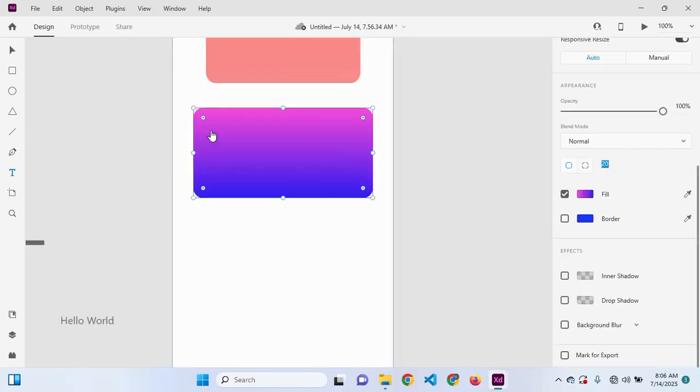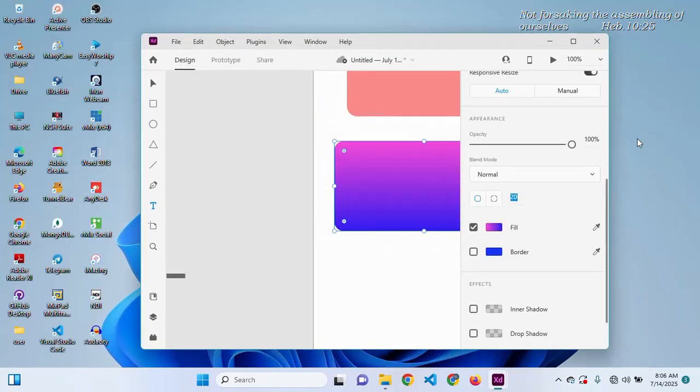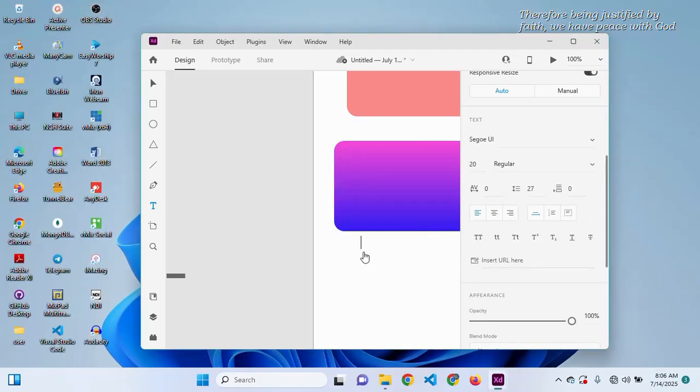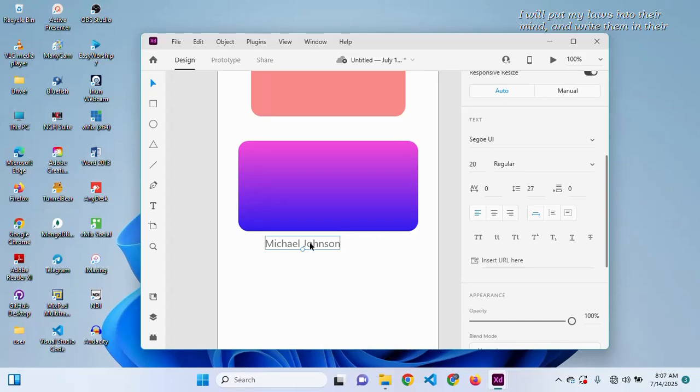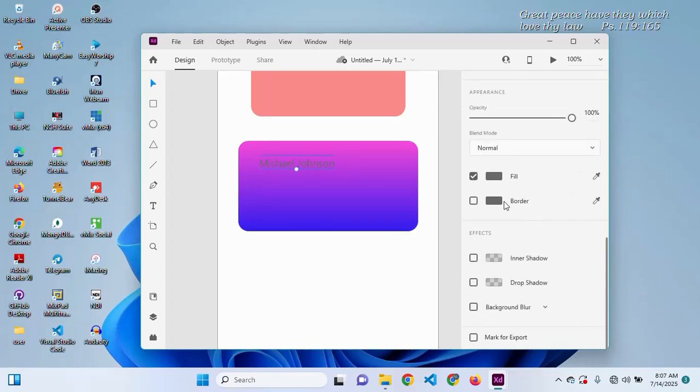Let's put, sorry, so yeah, let's put Michael Johnson. See, something's wrong here. Michael. I choose back to see, and then you see the color is totally bad. So let's change the color to,